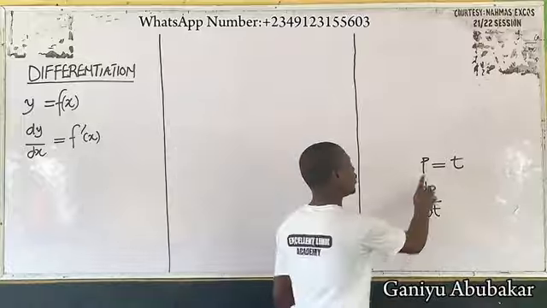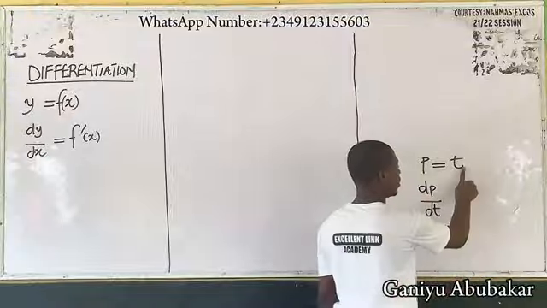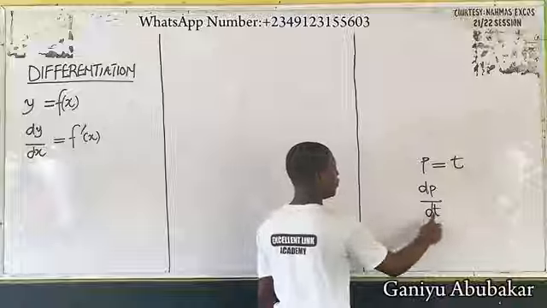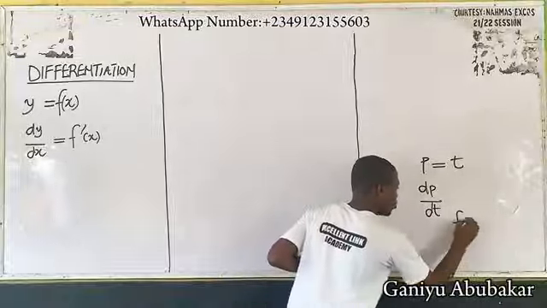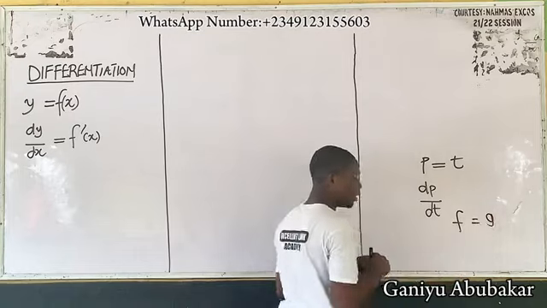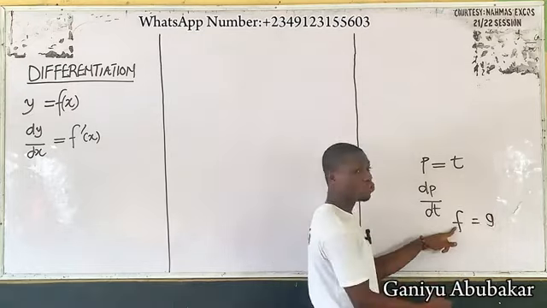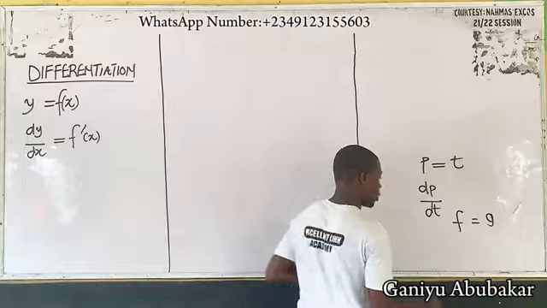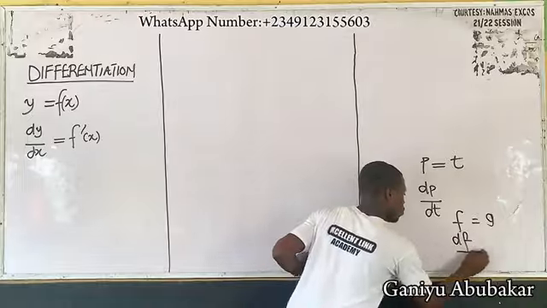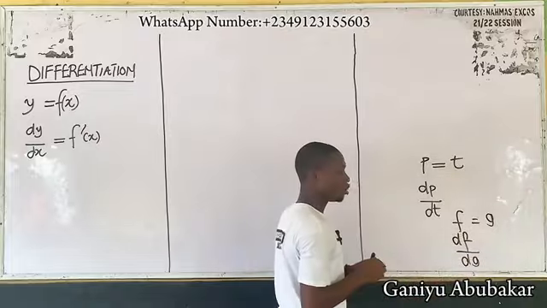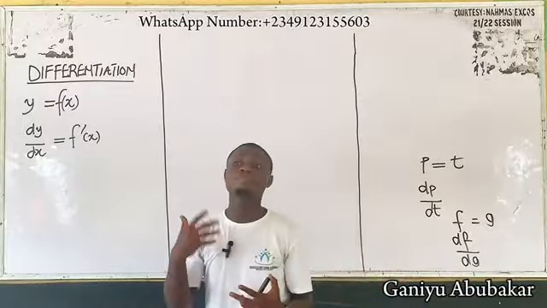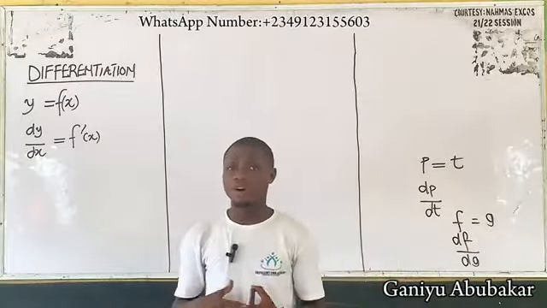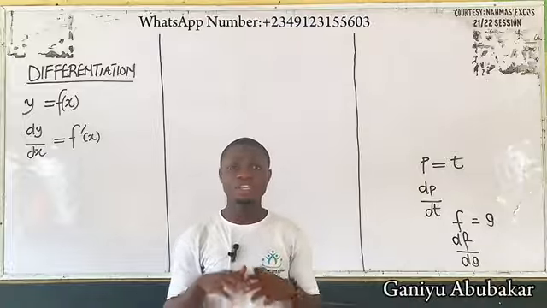Similarly, p is changing with respect to t, so of course I'll have dp over dt. Let's say, for instance, I have f equal to g. In this case, f is changing with respect to g, so of course I'll have df over dg. So the change in a parameter or variable with respect to another parameter or variable, that's simply the concept